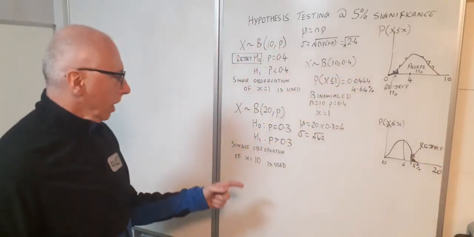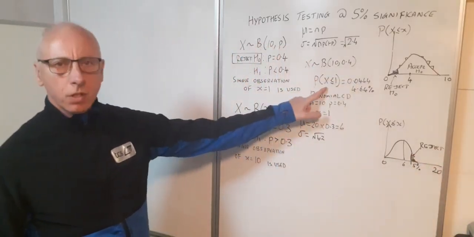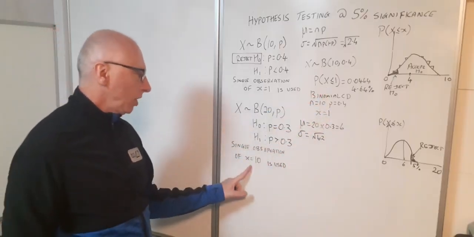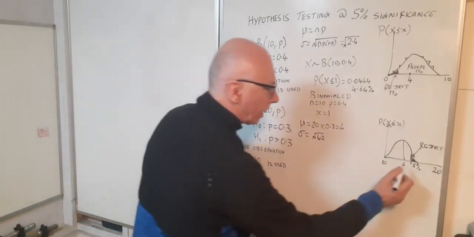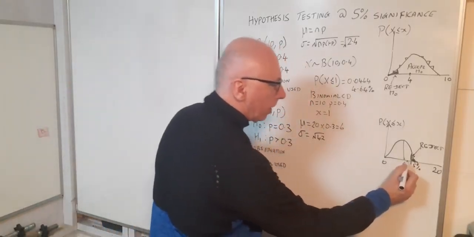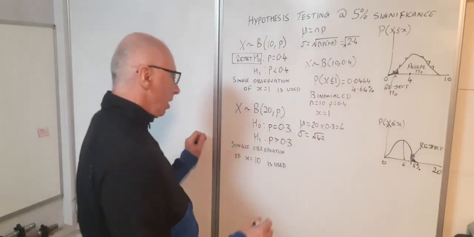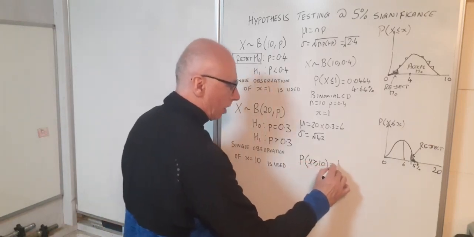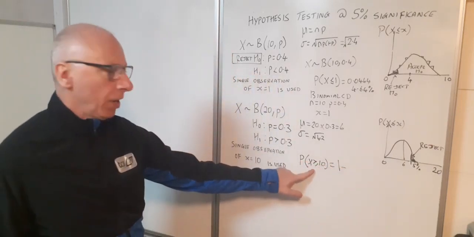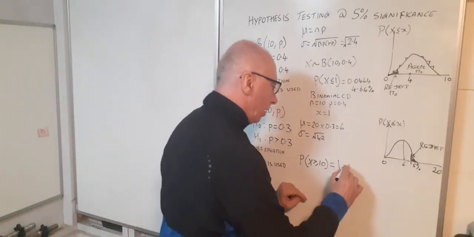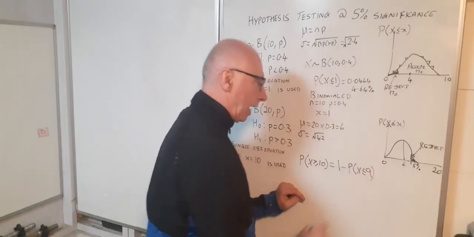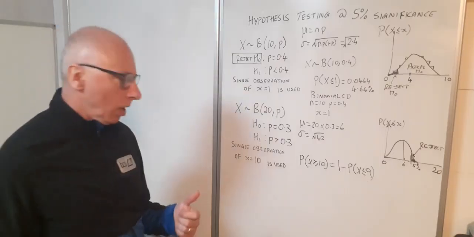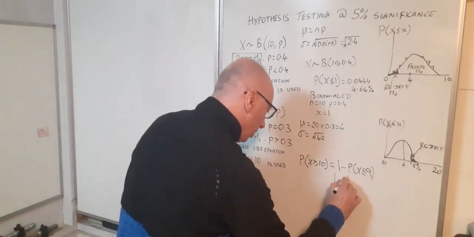So what we've got is to test this out using our binomial CD function. We've got greater than 0.3 and the observation is at x equals 10. So we're hoping that 10 is in here to reject it, or here to accept our null hypothesis. Therefore we want to test the probability x is greater than or equal to 10, which, as that's going the wrong way for our binomial CD function, we have to manipulate our result a little bit. The probability is 1 minus the probability x is less than or equal to 9. So if we type that into our calculator, we'll get 1 minus